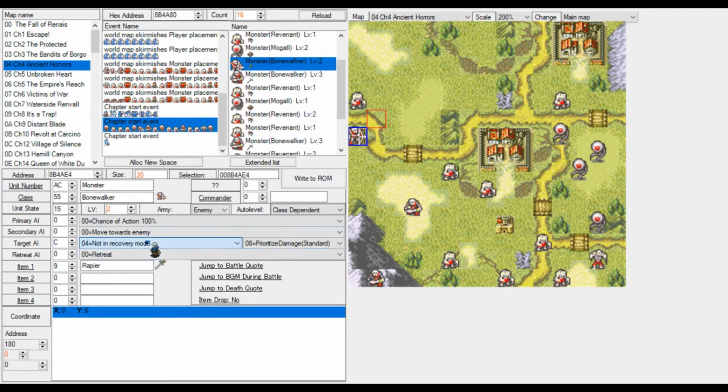Let's see, we have recovery mode. Recovery mode is just when a unit gets beneath a certain amount of HP, they will go to a fortress or nearby healer. They will back out of combat or heal themselves with a vulnerary or something like that. That is recovery mode. Not in recovery mode is that the unit will not heal itself.